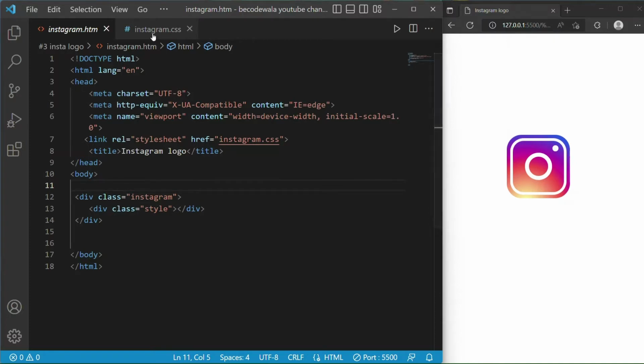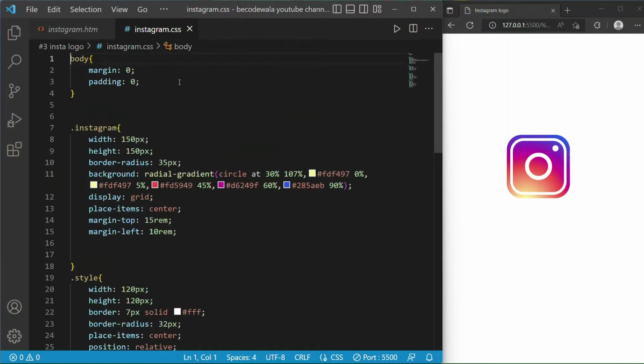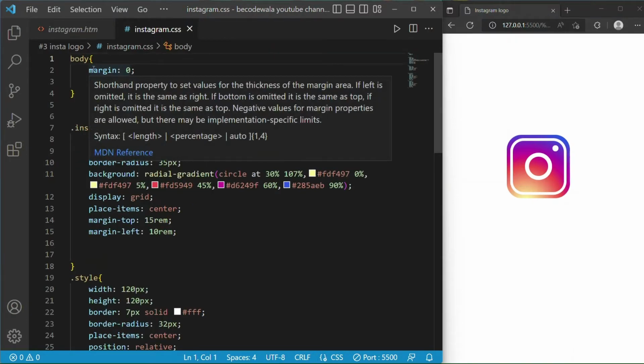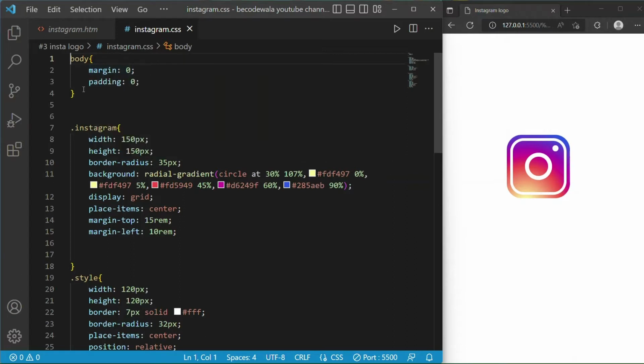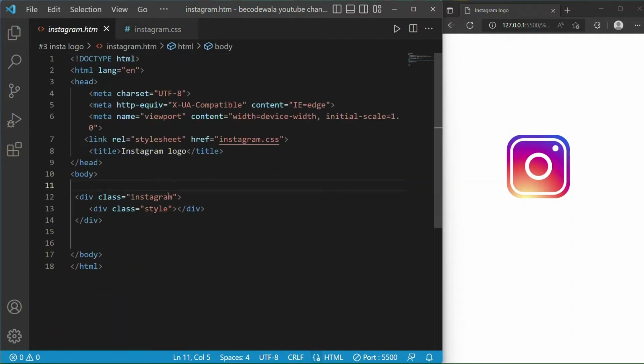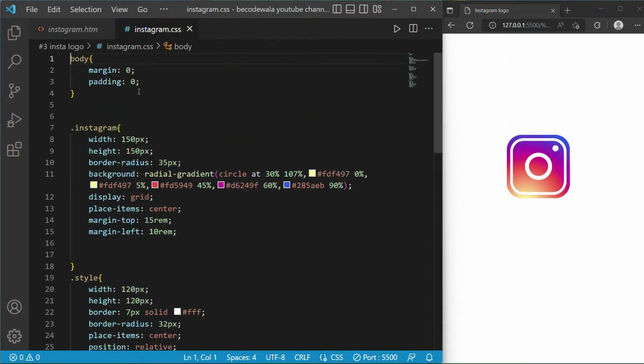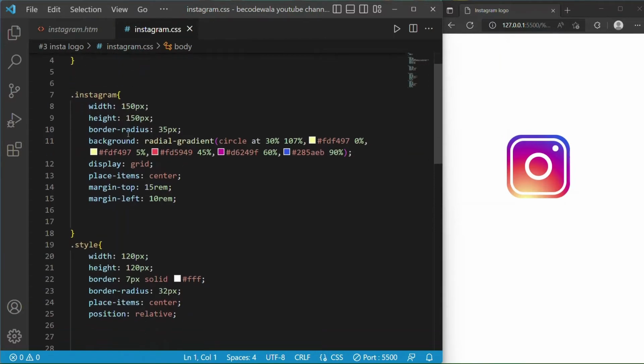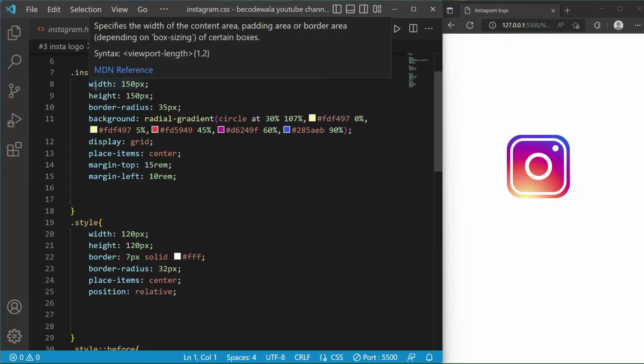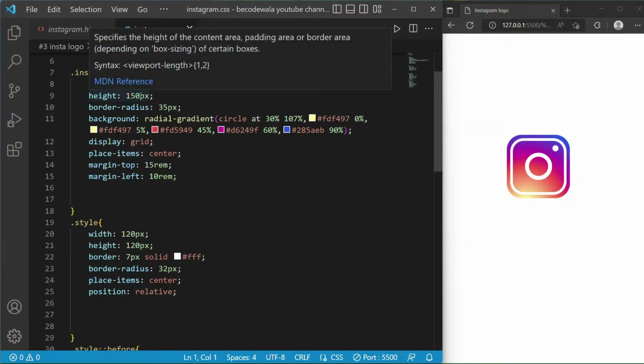Now come to our CSS file. Here I have taken body margin 0, padding 0, and in class Instagram, here you can see in our HTML file, here is the class Instagram. So I am going to target my class Instagram. Width I have taken 150 pixel, height I have taken 150 pixel, and border radius I have taken 35 pixel,